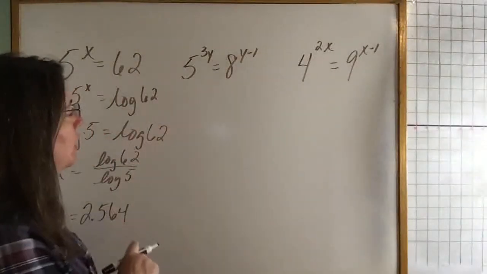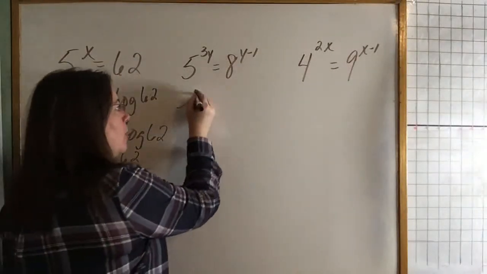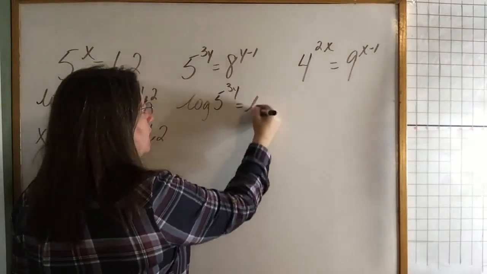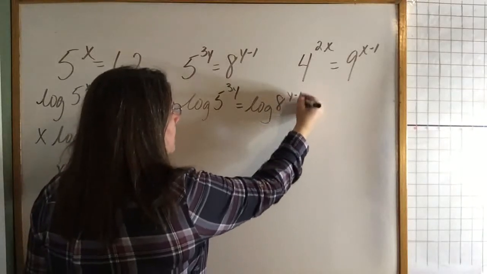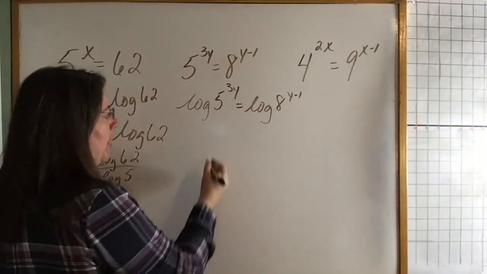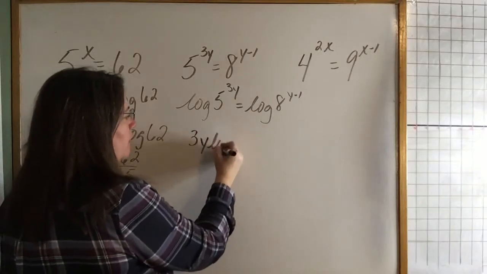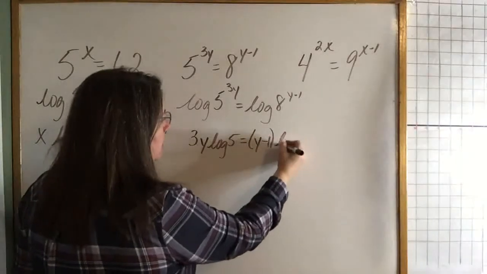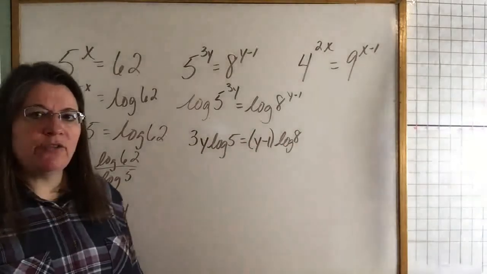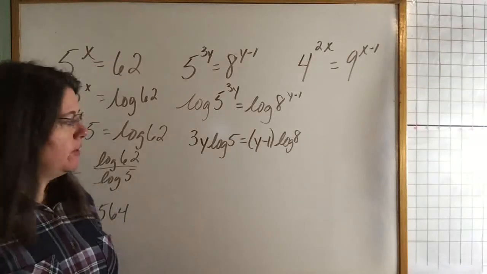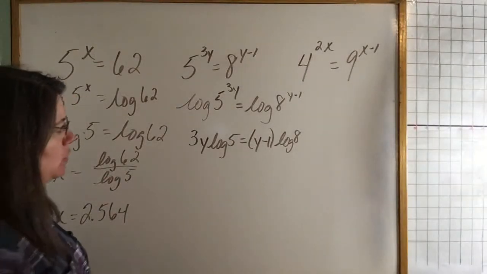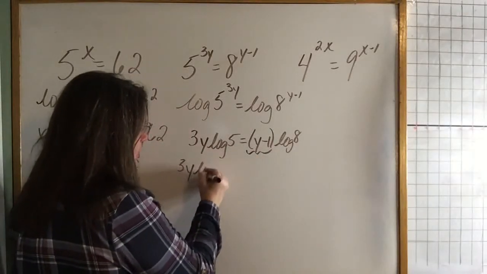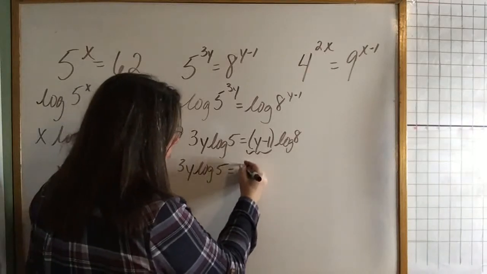For this one, there's no way to get the bases the same, so I'm going to put a log in front. Log of 5 to the 3y equals log of 8 to the y minus 1. I'm going to use my properties. 3y log 5 equals y minus 1 log 8. My goal here is to get y by itself so that I can solve it using the calculator. So if I do that, I'm going to want to distribute here. So I've got 3y log 5 equals y log 8